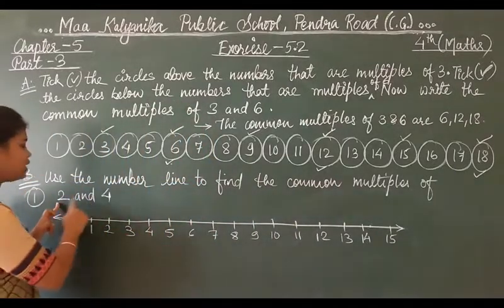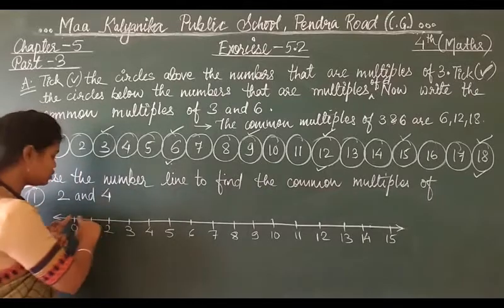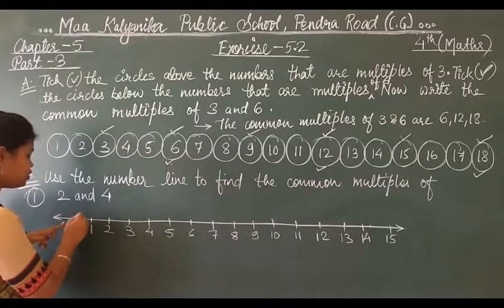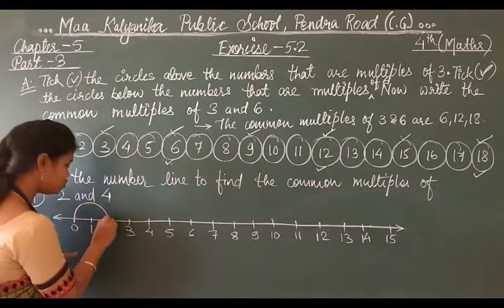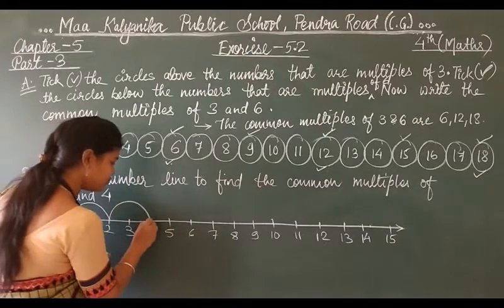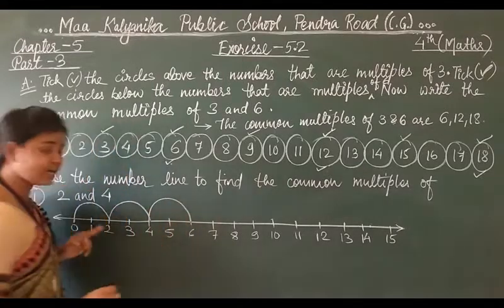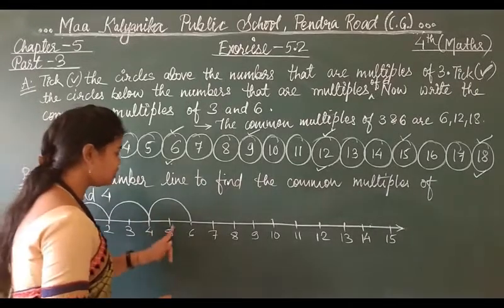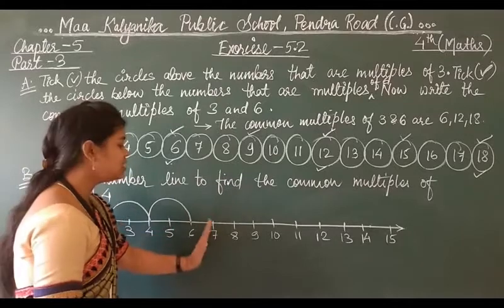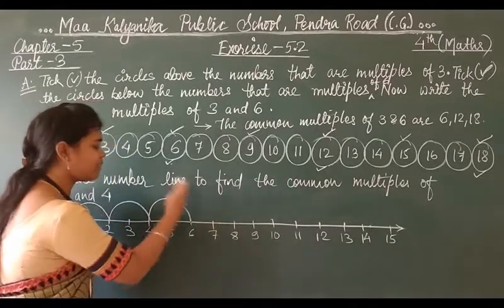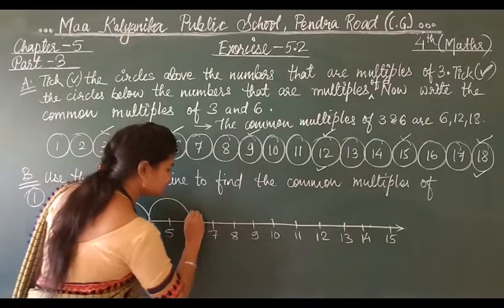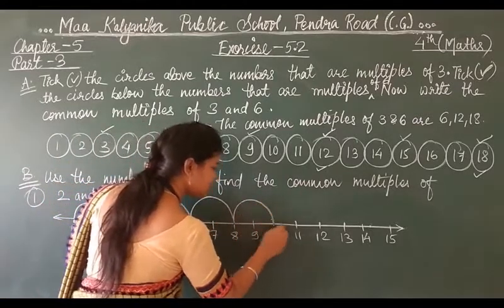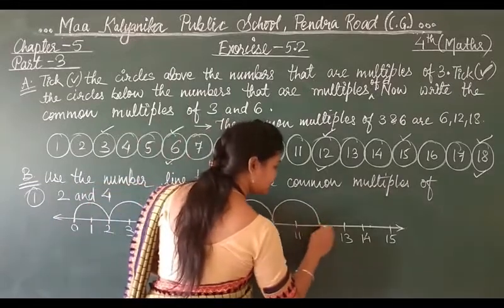So that I will tell you, 2 and 4. So 2 is given first. So above I will jump and then I will show you. So see students, from 0 we will start. So this is 2 1s are 2, 2 2s are 4, 2 3s are 6. Either I can read the table or I can say from 0, 1 2, 1 2, 1 2. So after every two numbers, after every one number I am putting just the jumping position. See here. So after that 2, leaving 1 and 2, I am moving here, 1 and 2, I am moving here.